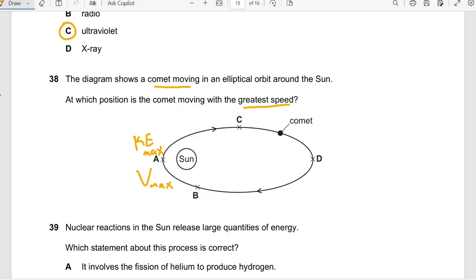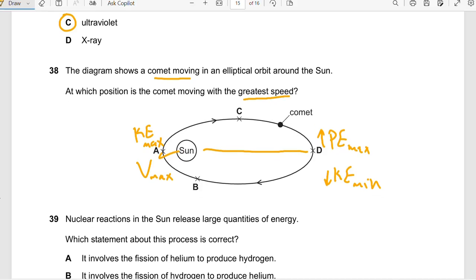For example, in D, it will have the maximum potential energy, and at D, the kinetic energy will be minimum. Okay, because as you can see here, the distance from D is far away, which means that potential energy is high and the kinetic energy is low. So the correct option here is A, because maximum kinetic energy. Again, why maximum kinetic energy? Because it needs to resist the gravitational energy from the sun. Okay,